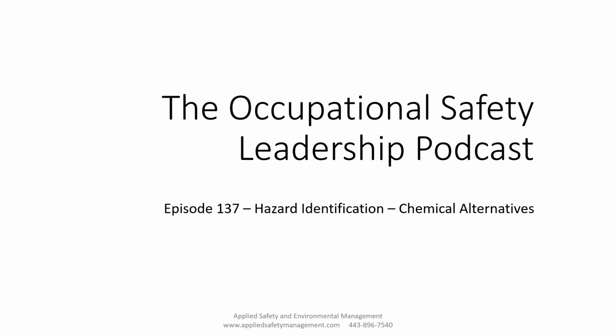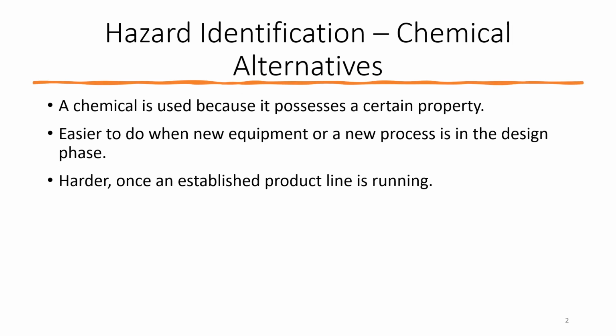But let's just dive right in and get started then. Basically, we use the chemical because it has a certain property that we're looking for. Whether you're looking for something that's corrosive and it's going to etch something off, or a lubricant, whatever the chemical is, it possesses that certain property. And I think I've talked enough about how